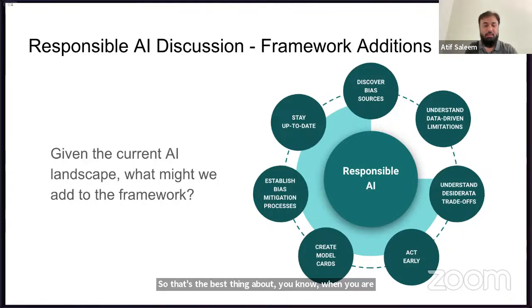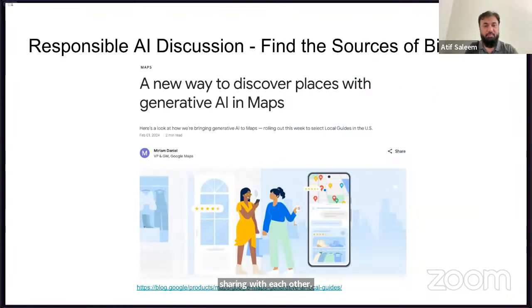Yeah, thank you. So we can move to the next slide. This is also kind of a discussion: how do you find these sources of bias? It's just one example. Recently, there is a blog post by Google on how you can use generative AI in Google Maps to find the places and things to do,